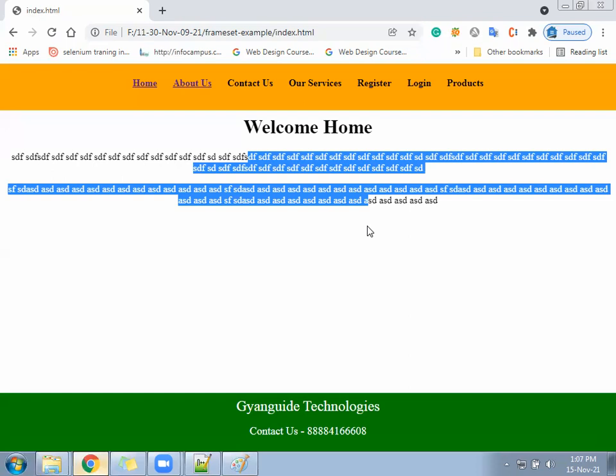So the asynchronous concept is made for that purpose only. If some content is the same in all the pages, then why reload it again and again? Content that is common, fix that and don't load it again and again. Content that is unique, ask the server to process that data. Your server will be fast, number one. Number two, the user will get fast output. The user experience will be good. Number three, the user will not spend a lot of data.